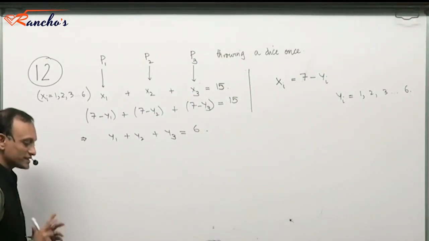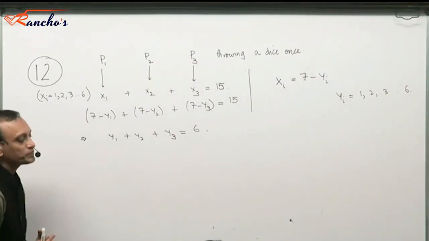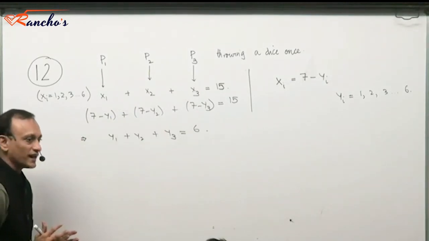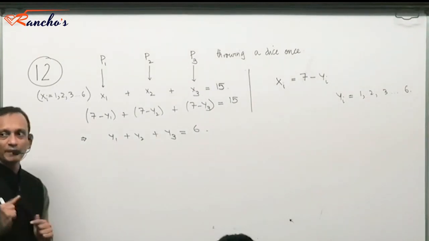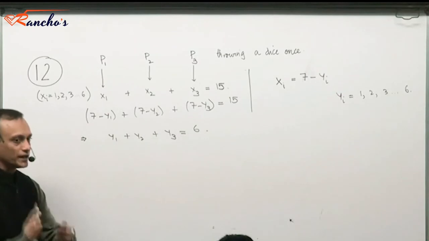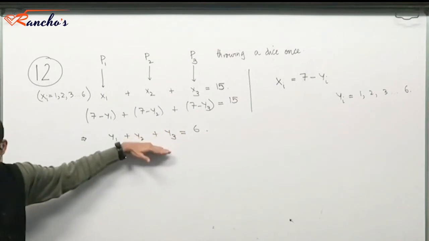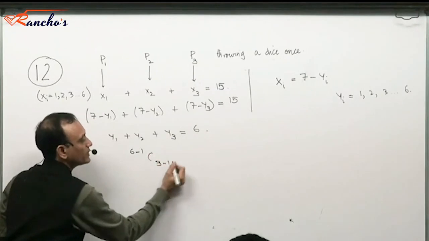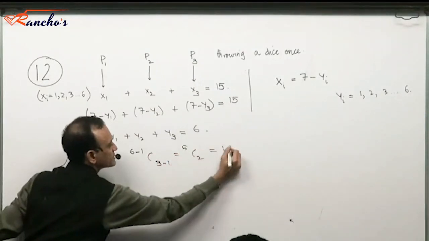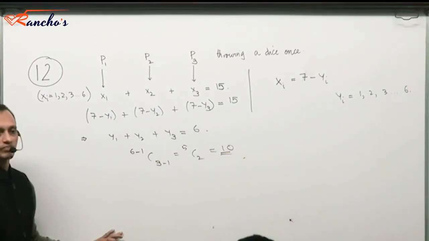Right? Now there is also a catch here, and I want you to identify and fix that catch. Right now I'll tell you a bare solution to this problem. The solution is right, but there is something that I'm keeping away from you. Let me see if you can identify that and resolve it yourself. For the time being, y's are natural numbers, and I want to find the number of natural number solutions to this equation. That's going to be 6 minus 1 C 3 minus 1, that is 5C2, which is 10, using the transformation. Right? Stand by.